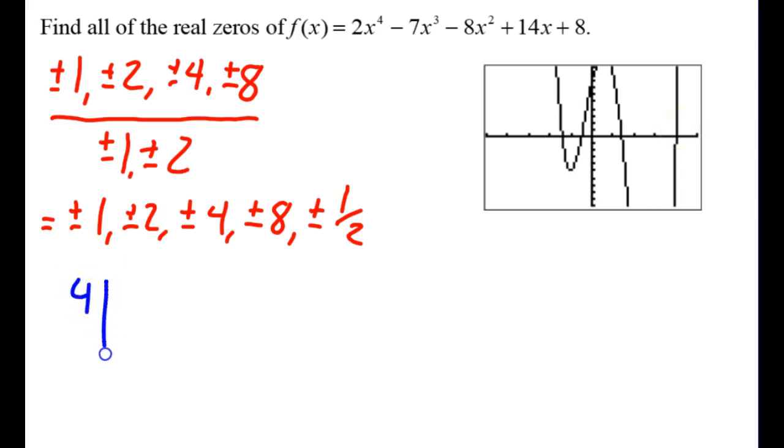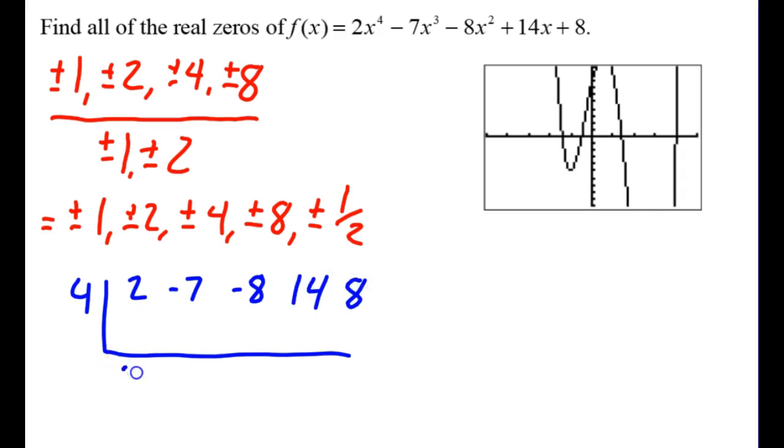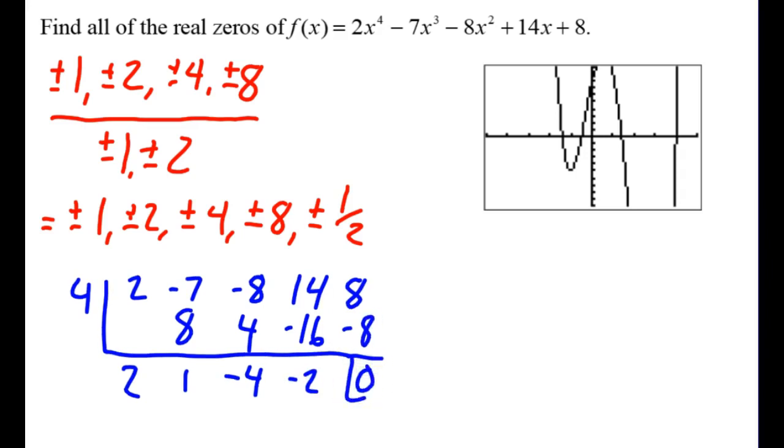So using synthetic division, list our coefficients. We have 2, -7, -8, 14, and 8. Bring down our 2, multiply diagonally, add vertically, multiply diagonally, add vertically, and then finally we get -8. So we have a remainder of 0. Using synthetic division, if we get a remainder of 0, that implies that 4 is a 0 to this polynomial. If we know that 4 is a 0, then that implies x minus 4 must be a